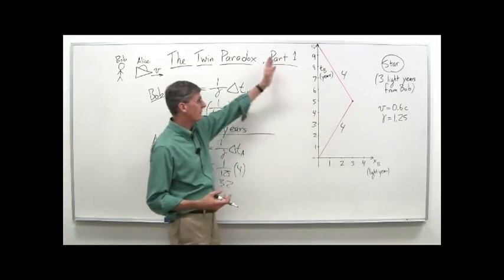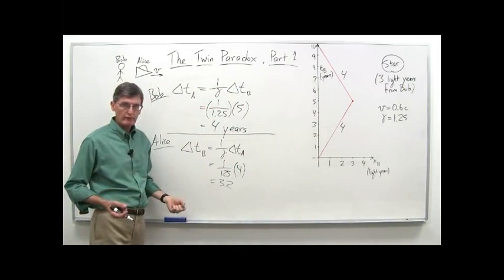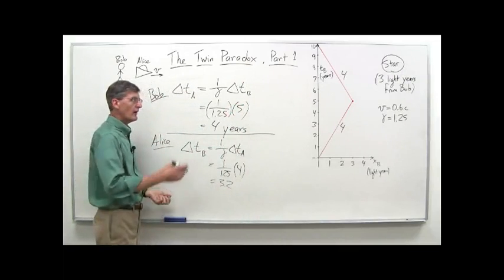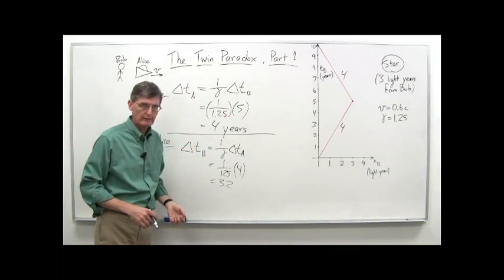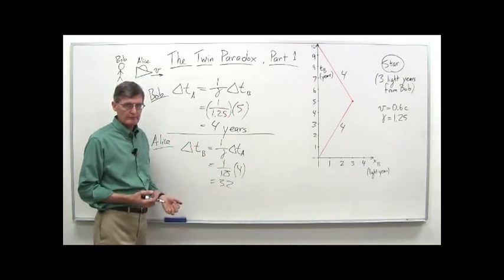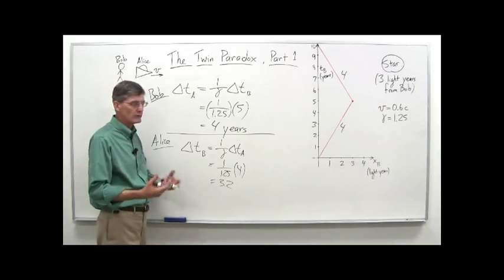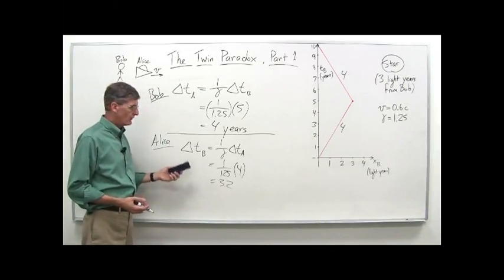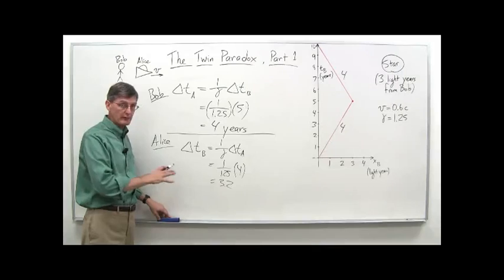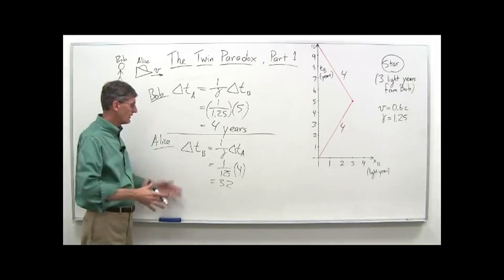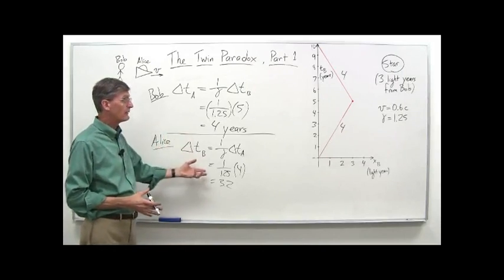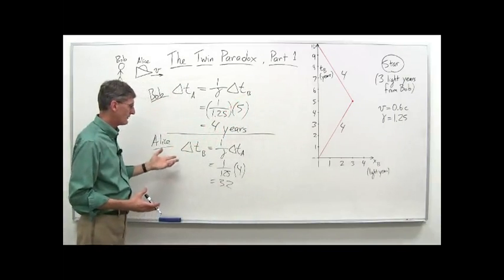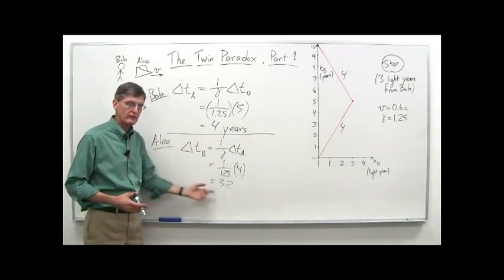3.2 years out and 3.2 years back, shouldn't that be 6.4 years total? My clocks run 8 years, while Bob's clocks run 6.4 years. I should expect Bob to be younger when I get back. So what's going on here? You can't have both. Either one is older and one is younger, or they're the same age. And so we have to figure out what's going on with this in terms of the special theory of relativity. Can we explain this so that we can understand that when they get back, the answer is, Alice has aged 8 years and Bob has aged 10 years,